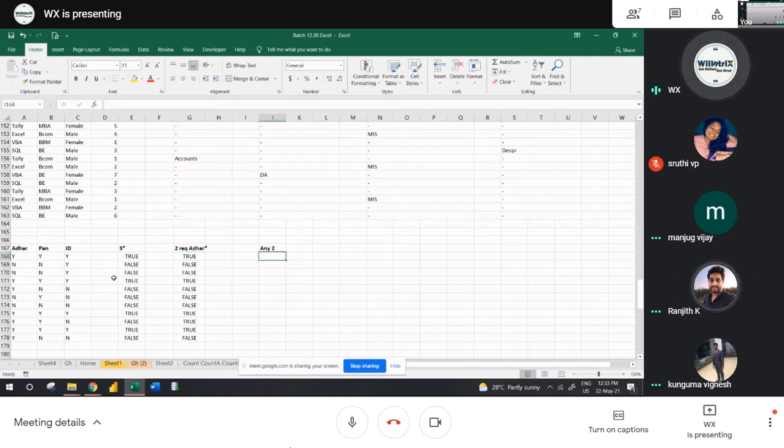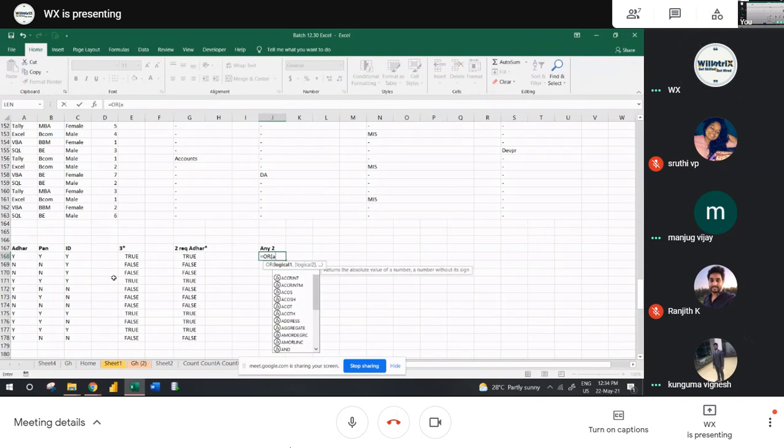Okay. Then how can we do the any two? Any two is called this: either PAN card equals to yes. Think you have three documents with you. If anybody tells you any two of these three, you can give the set of Aadhaar with PAN card, or else PAN card with the ID, or else ID with the Aadhaar. So I will use OR first here, then Aadhaar equals to yes or PAN card equals to yes.